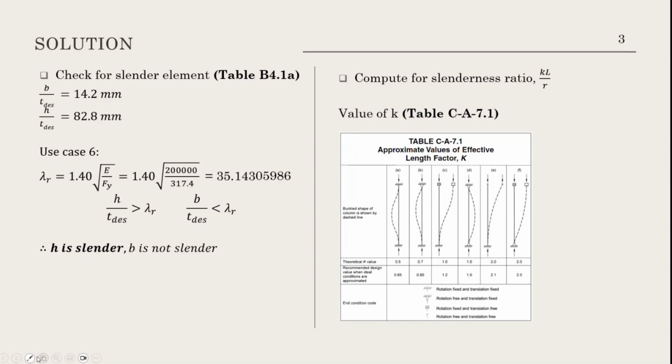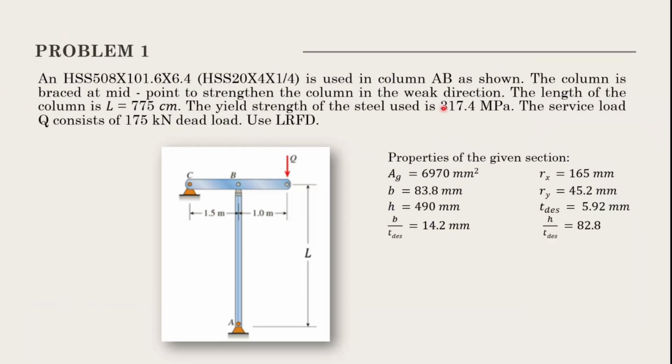According to the problem, if we go back, this is the column that we are dealing with. At point A, there is a pin support, so one end of the column is pinned. And at point B, it is also a pin support. It is not fixed, but pinned. Usually, this symbol is also used for a pin support. So for column AB, the ends are both pinned: pinned at the bottom and pinned at the top.